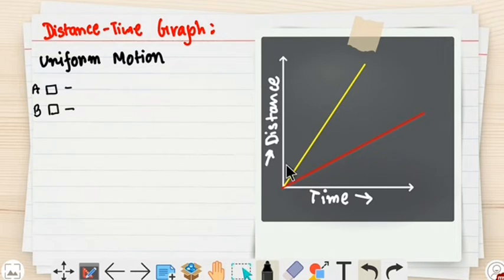These two graphs we can draw in a single graph paper. Here you can see a single graph paper, and we have drawn two graphs. So we can compare both of the motions of the cars. Now students, see, one graph, that means one straight line, is steeper than another. This steepness, or the slope, indicates the speed of the car. So here you can see,